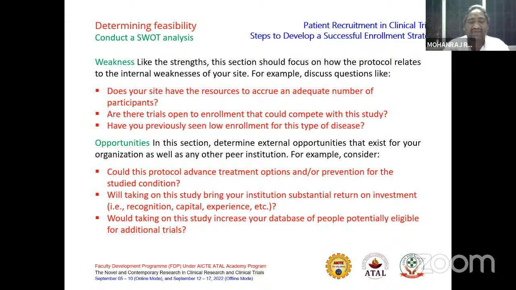Why? Because each and every person on the research team will be informed about the trial, so they can build very good communication with the patient population, explaining the merits and demerits of the research. Thereby, each and every person becomes a resource for a patient, and they can share all the information with the patient and help the patient understand more, so a higher percentage of retention will be achieved. And in the same way, the weakness is also very important for the research.